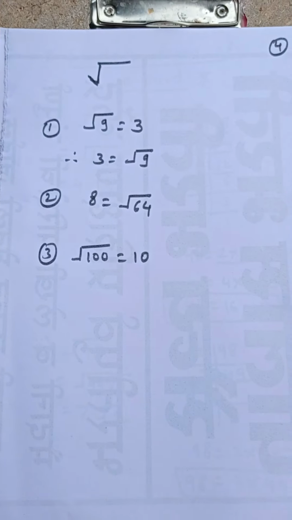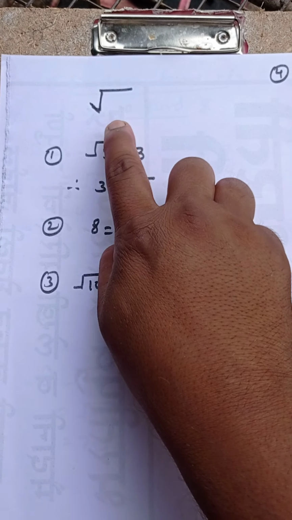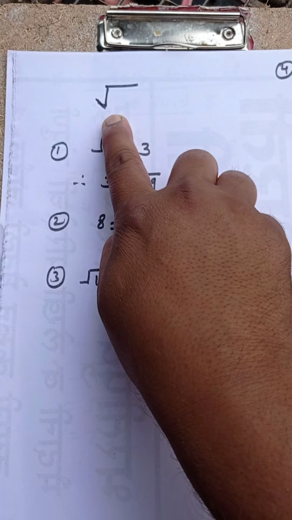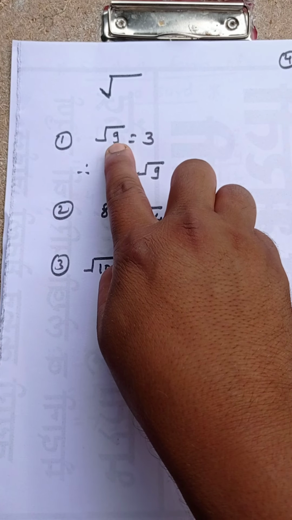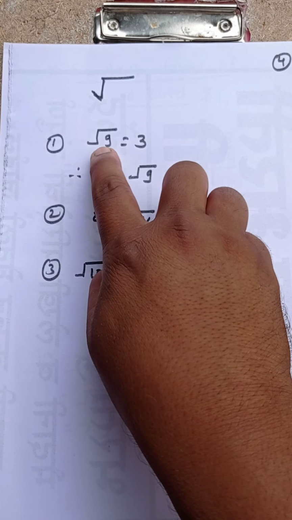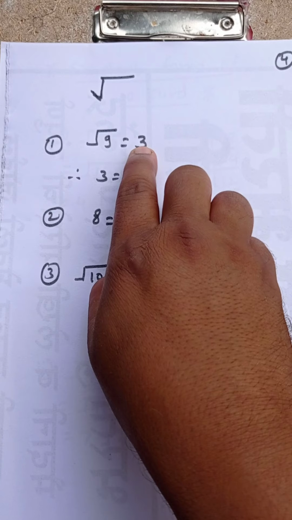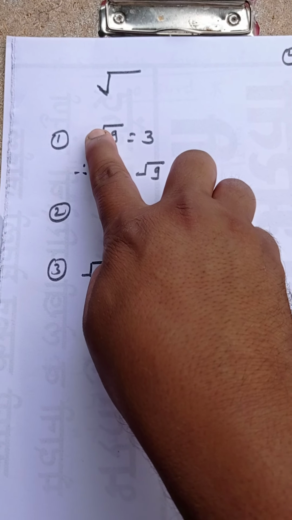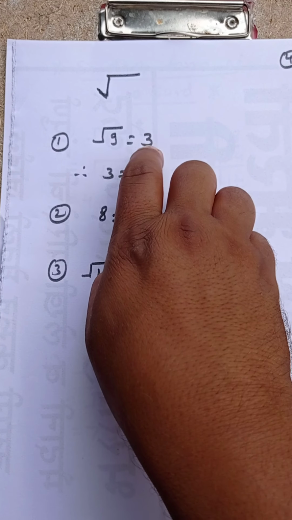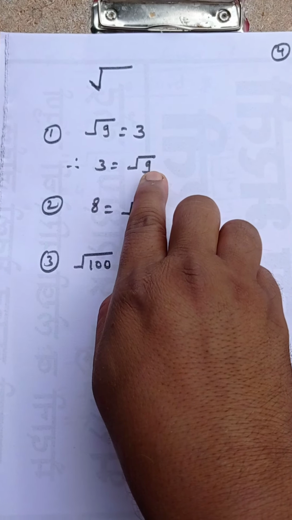Now, next one. See here, it's very important to understand the meaning of this symbol. This is the radical sign. When a number is written inside it and outside it, what is the difference? Now this is the square root of 9. We know the square root of 9 is 3. If we want to write this 3 inside this sign, then we have to take the square of that number, because the order of this surd is 2. So the square of 3 is 9. So when we write this 3 inside this symbol, we have to write the square, that is 9.